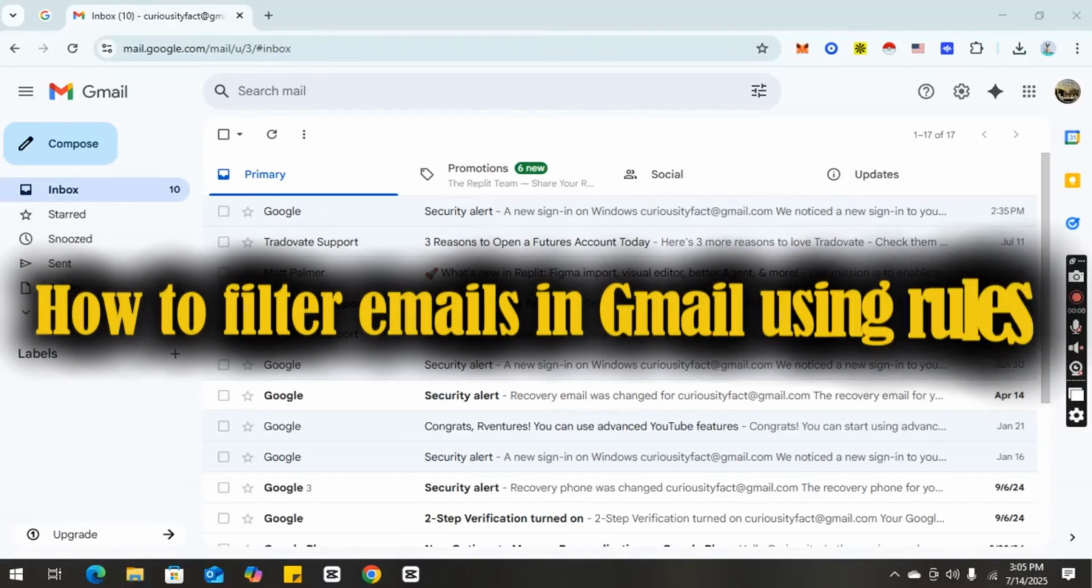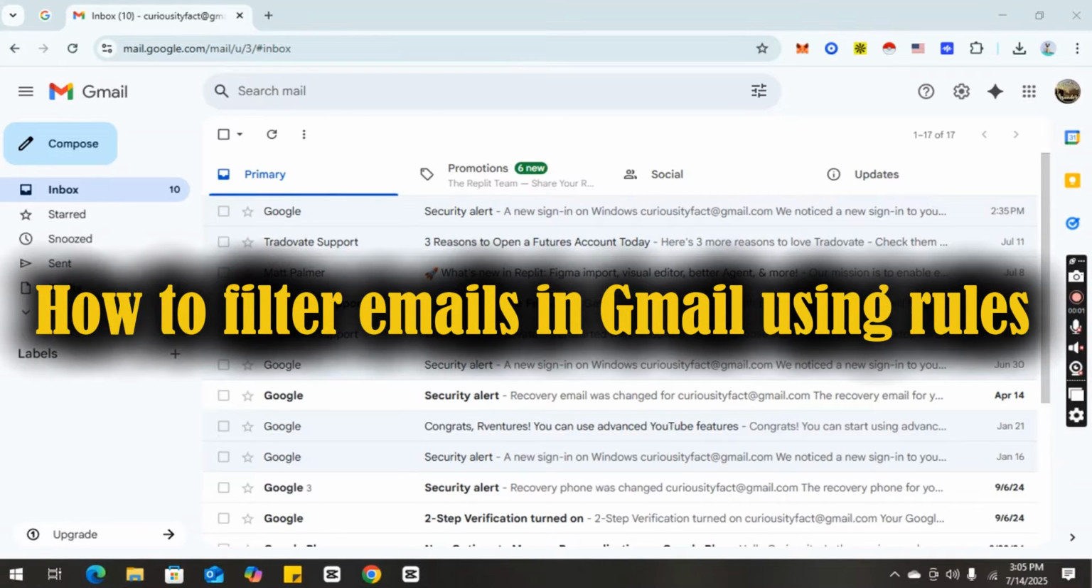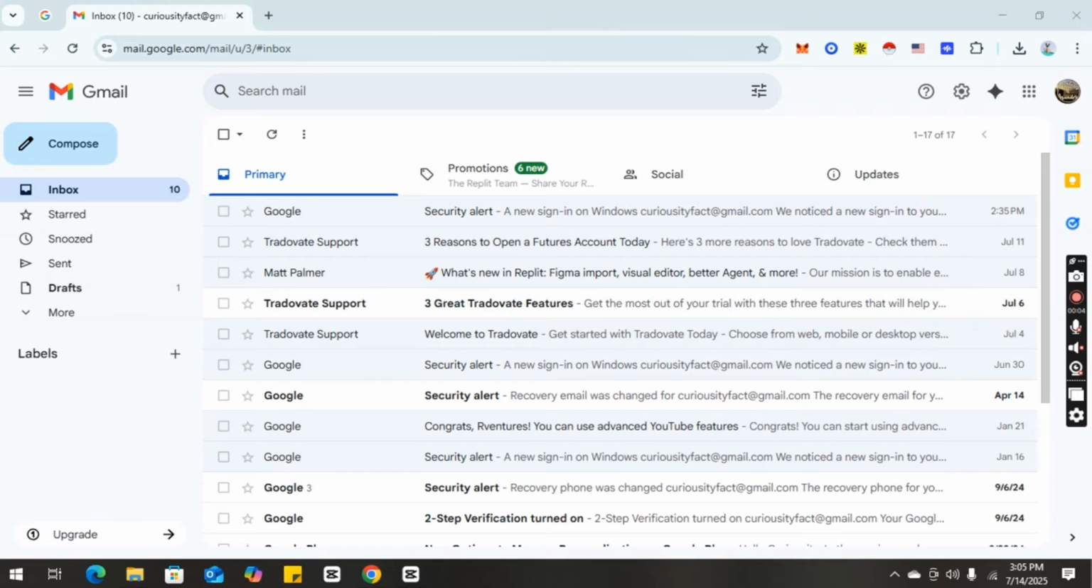I'll show you how to filter emails in Gmail using rules. Perfect for keeping your inbox clean and organized. Let's get started. To filter emails in Gmail using rules, start by opening Gmail on your desktop and clicking the